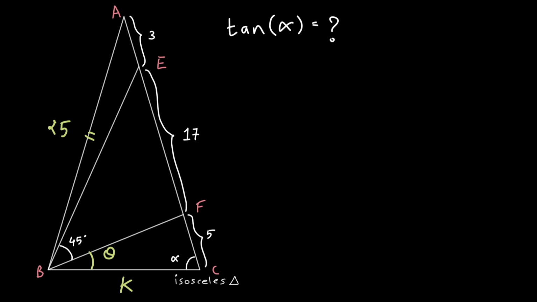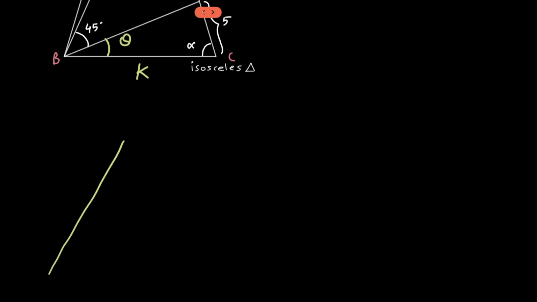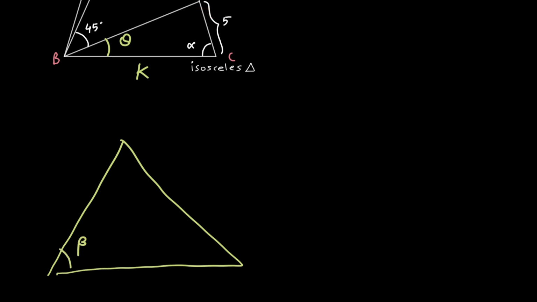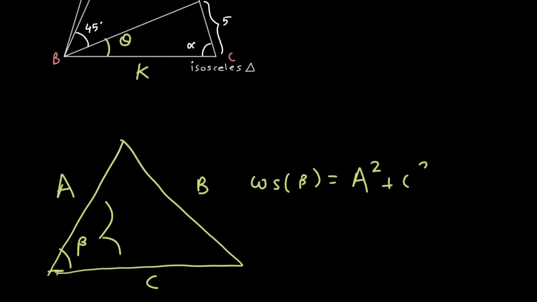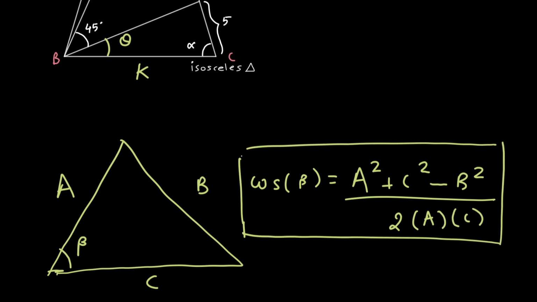Okay. Now we will use the cosine rule. Now what it is, let us see. Suppose you have a triangle and one of its angles is beta and the three sides are capital A, capital B and capital C. Then using the cosine rule you can find the value of cos of beta. It says that the value of cos of beta would be equal to the addition of the squares of the sides that are adjacent to angle beta. So the adjacent sides to angle beta are A and C. Therefore they are squared and added, A square plus C square, minus the square of the side opposite to angle beta, that is B. Therefore minus B square, upon 2 times the product of the adjacent sides, so 2 times A times C. So this is the cosine rule to find the cosine value of an angle in any triangle.